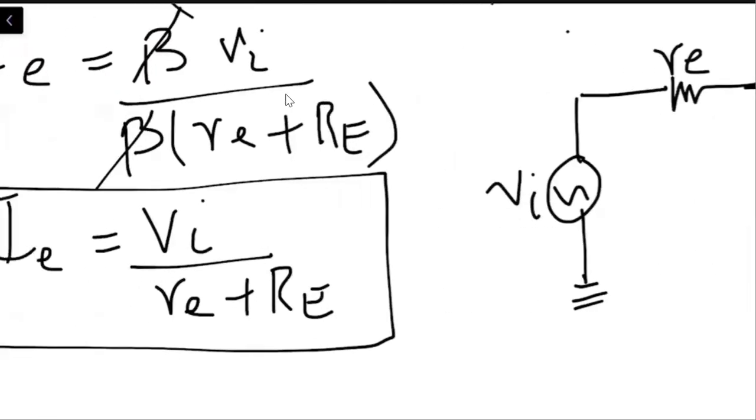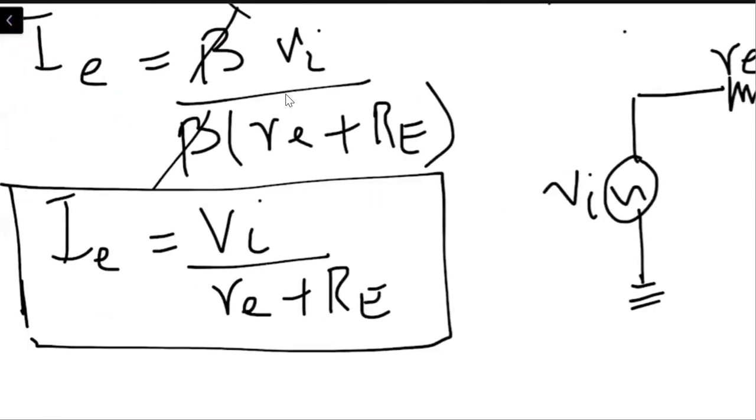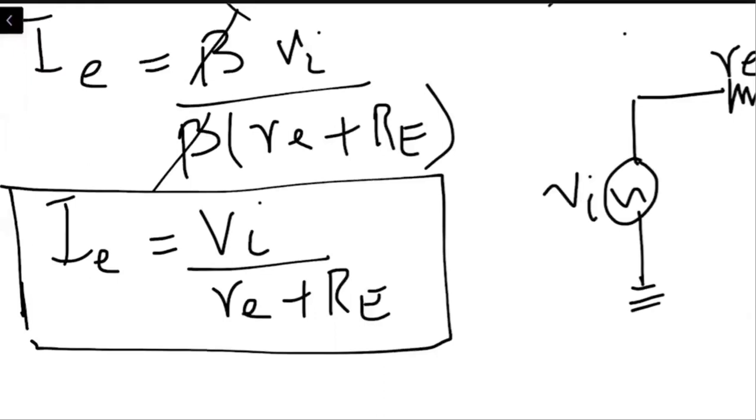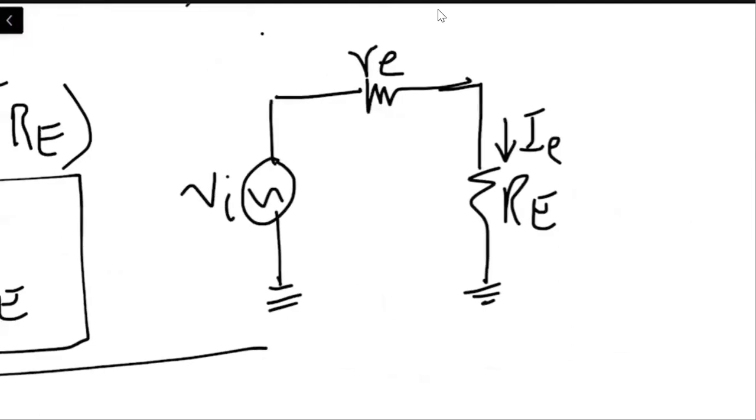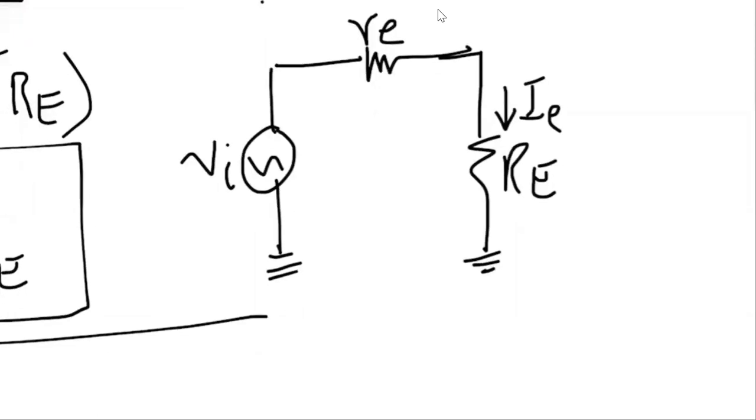So this is the equation: IE is equal to VI divided by re plus RE. And once this is the equation, doing the reverse engineering, we get this circuit from this equation. Are you with me? Right? Now, if we go back to our original circuit,